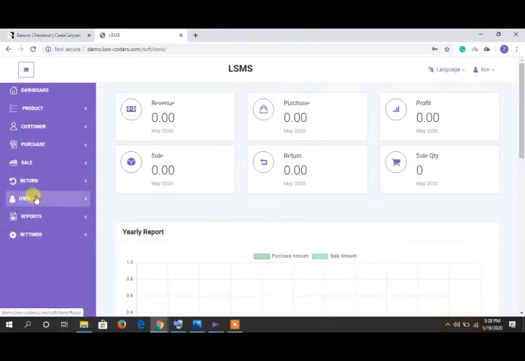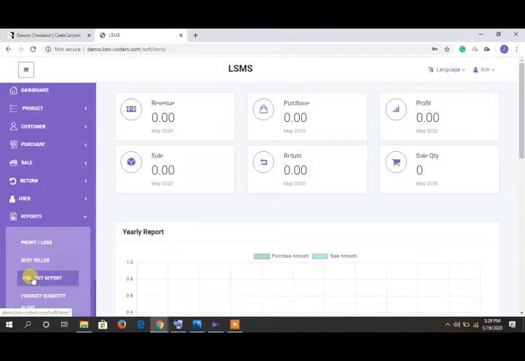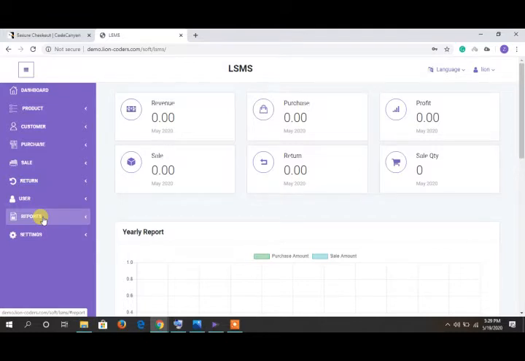The user management module is for creating users that will be allowed to use this system. From the report module, you can generate a lot of reports: profit and loss report, product report, product quantity report. You can see the quantity of all your stocks and a lot of other things from here. In the settings module, you just have to set the roles and your shop settings that you will be using. So this software is hosted on the internet,